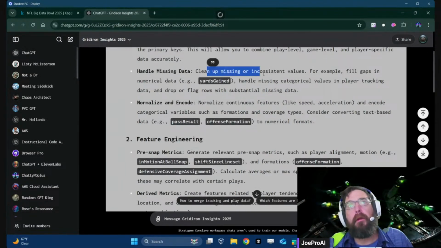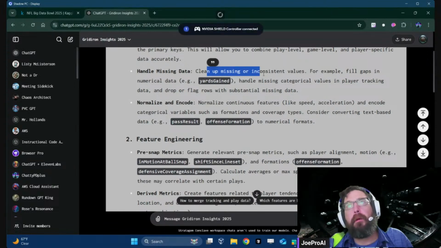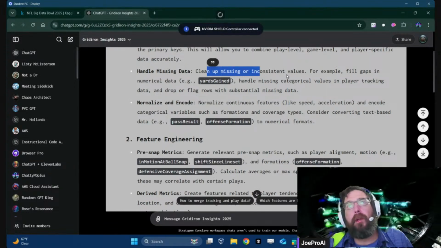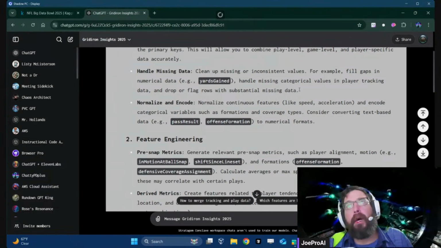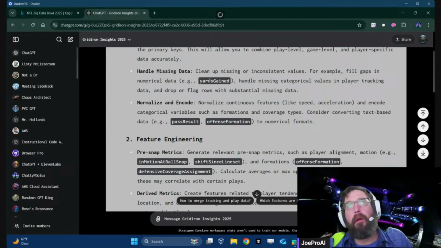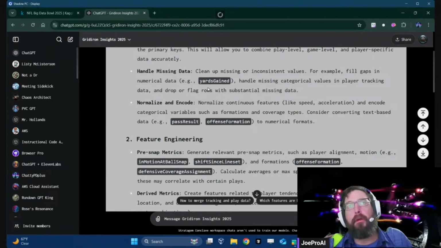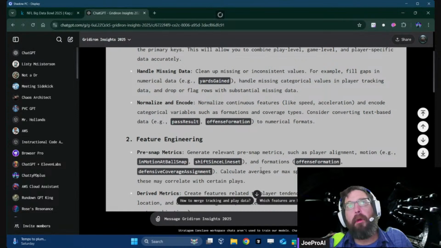Handle missing data. I've already done that by importing the data sets, you can choose to handle some of the missing data. I'm going to probably have to run some modules or nodes on it so that they can clear it up.